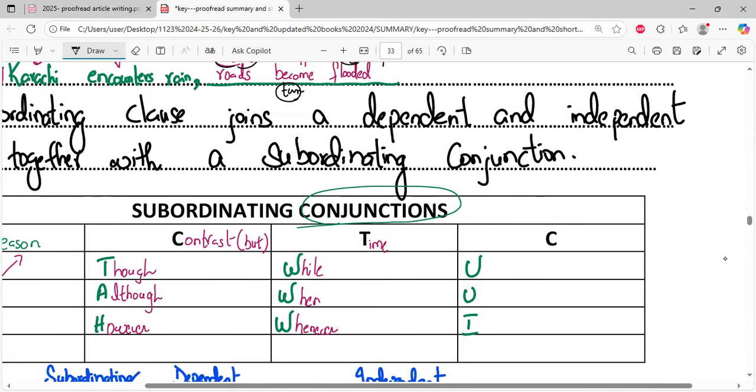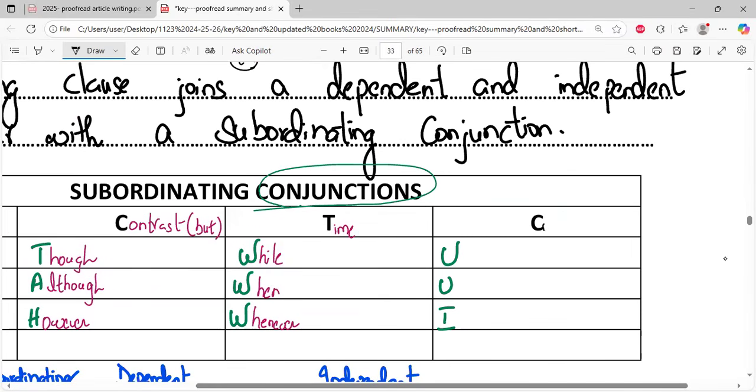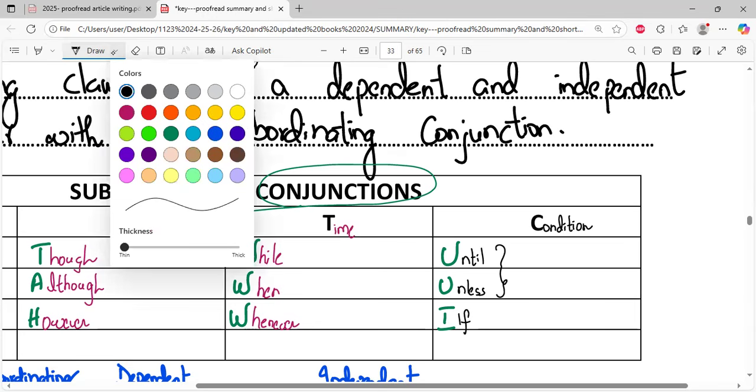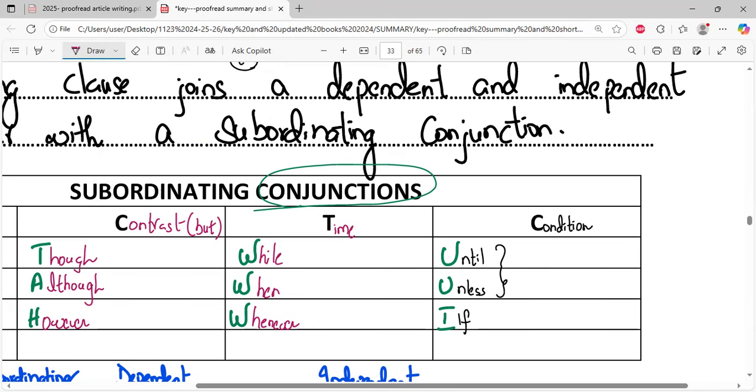Then the next type of conjunction you can use is that to show a condition. How do we show condition? We use words like until, unless, or if. Until and unless, घर के अंदर condition parents use, mothers use with their kid. For example, I'll write an example here so it becomes easier for you to get a grasp of it. Unless कैसे use कर सकते हैं? For example, I'll tell my son, unless you finish your meal. Unless you finish your meal.